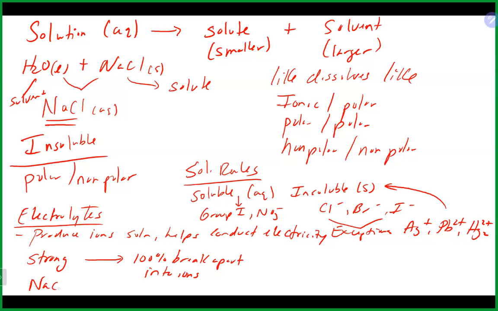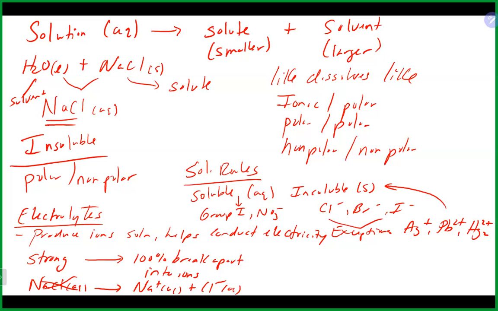Like sodium chloride solution. When you have a sodium chloride solution, you basically have sodium ions floating around, and chloride ions floating around. You have none of these guys still together. 100% is pretty much just all those ions floating around. Because it produces a lot of ions really quickly in solution, it conducts electricity really, really well because of the